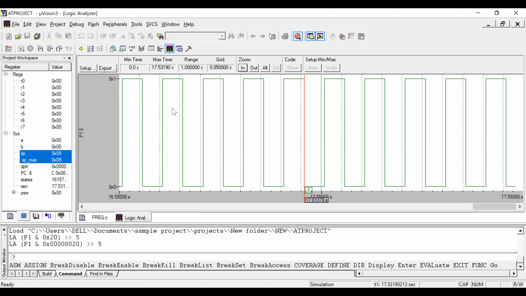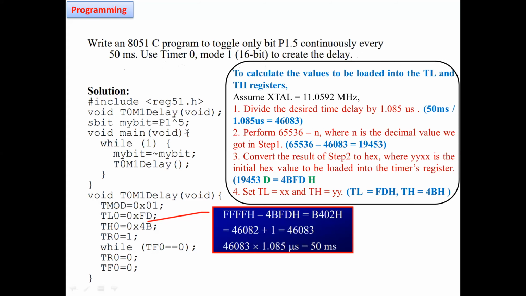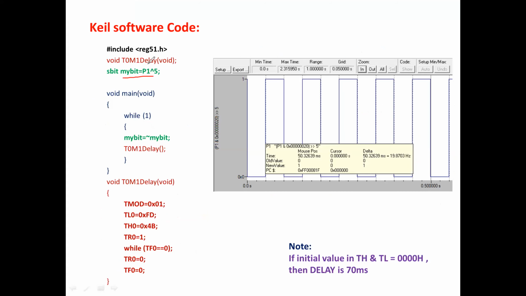So any doubt in this understanding? Understanding the program? Any doubt? I will share the PPT also once again. See, okay. So we are setting the pin to one of the variable. Whatever changes we do here, it will be reflected in this particular pin. Okay, right. So I'm toggling.